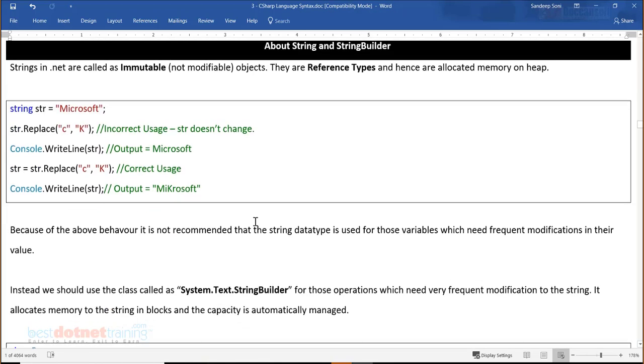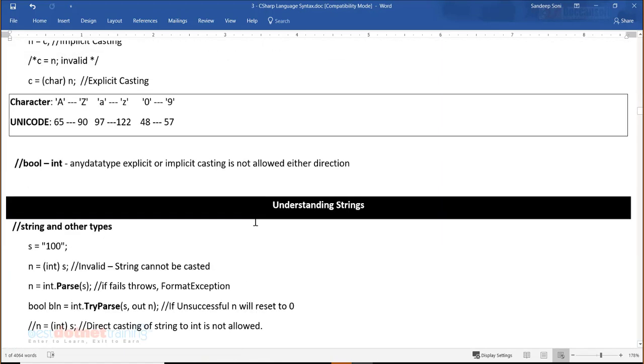We should know that A to Z uppercase is 65 to 90. I'll come back to it, but just for reference now. Remember that. Capital A is 65, B will be 66, and so on, Z will be 90. Likewise, small a is 97, small z is 122. Number 0 is different from character 0. I repeat, number 0 is different from character 0. Character 0 equivalent number is 48, and of course 9 would become 57.